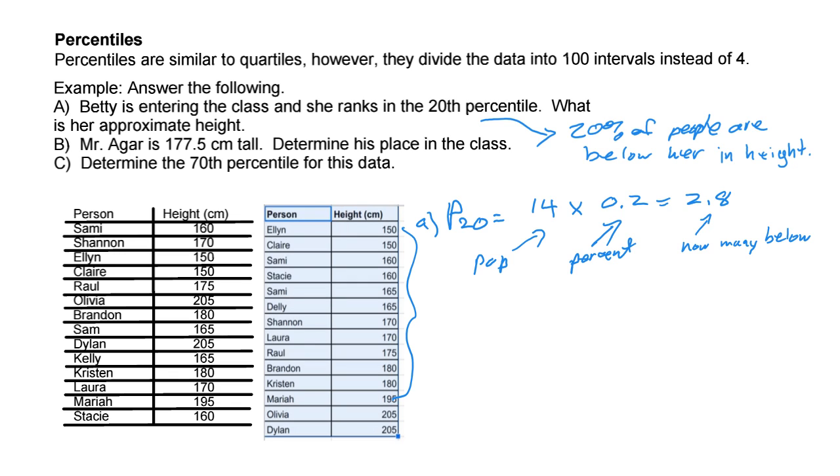So in order for us to find these people, since there's no eighth of a person, we're actually going to find the third person in this list. 1, 2, 3. So that means Stacy, which means that we have Stacy being the person just after the 20th percentile. So that means Betty is approximately